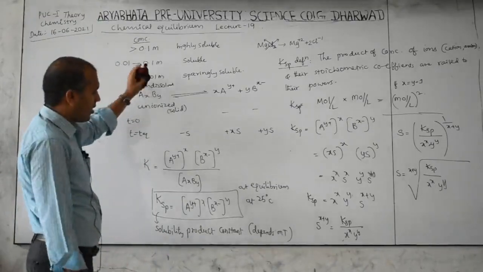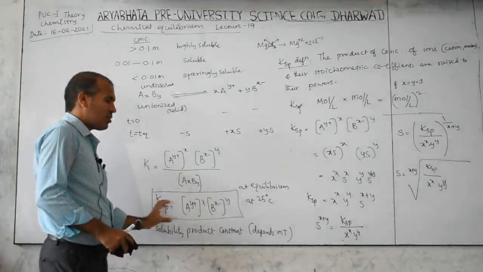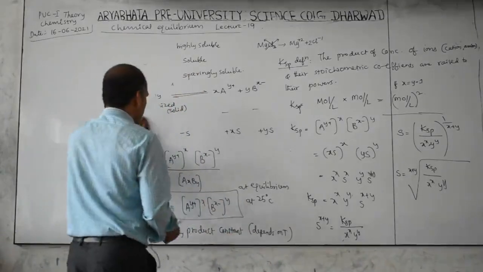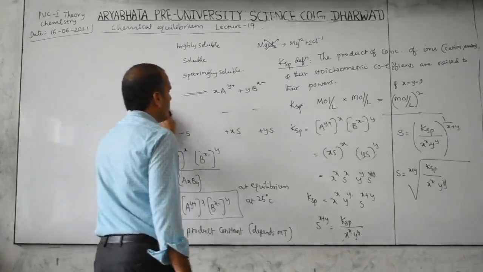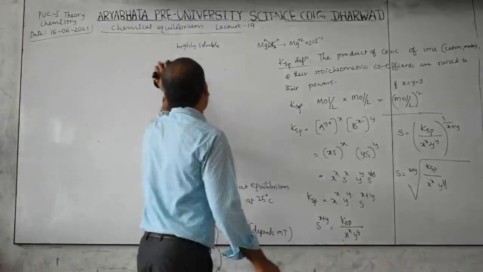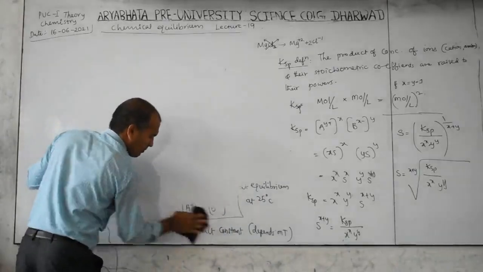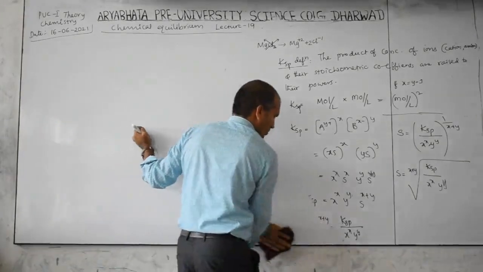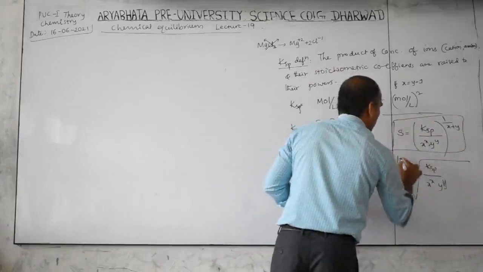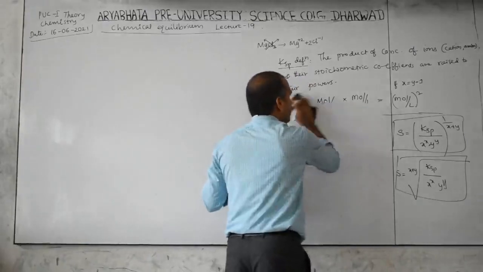So now we know how to write the solubility product expression. This is the formula for the solubility product expression. Keep in mind always this expression. This box is very, very important. And whatever I have given, this type of equilibrium representation is also important to answer a few of the questions. These boxed formulas are always asked directly in the competitive exams.